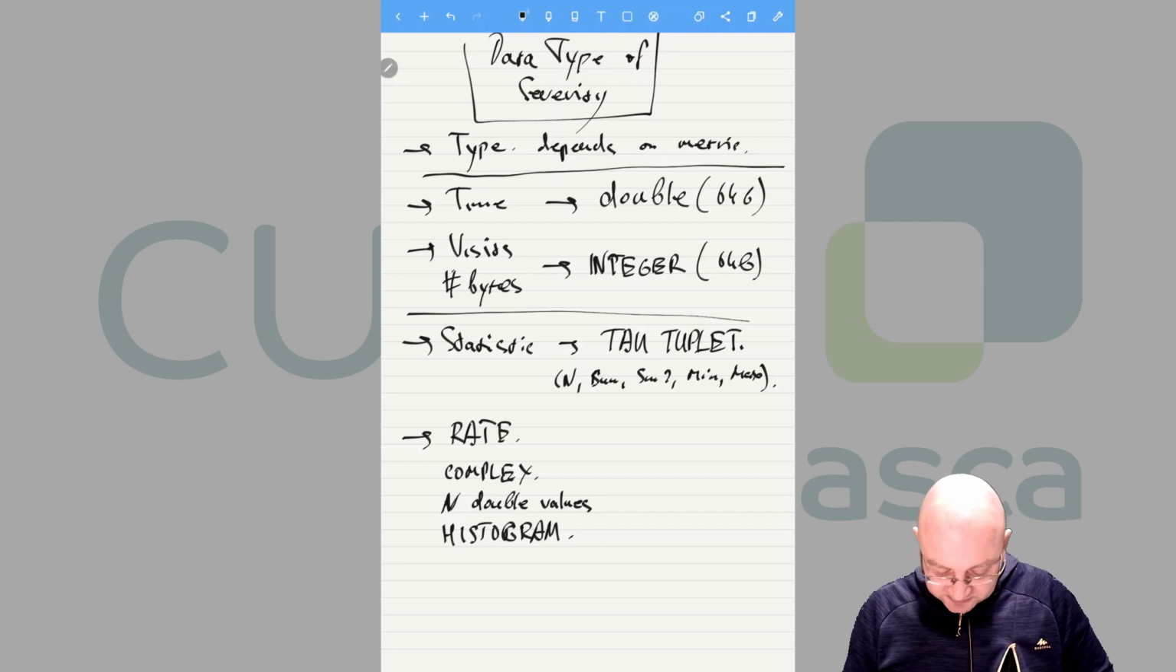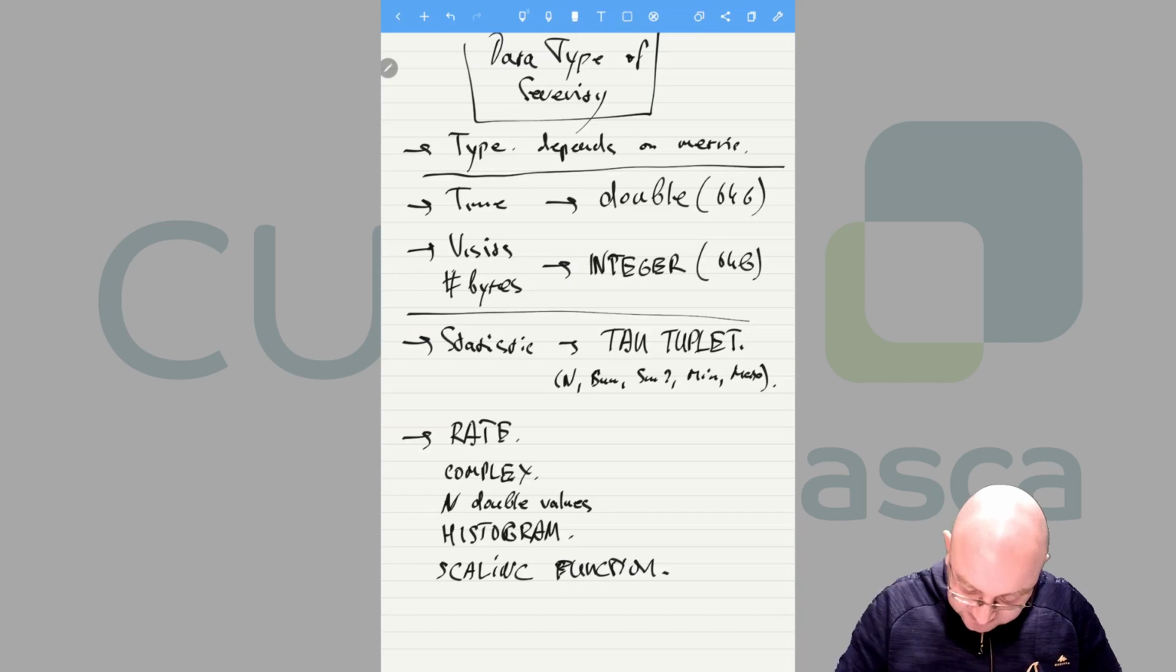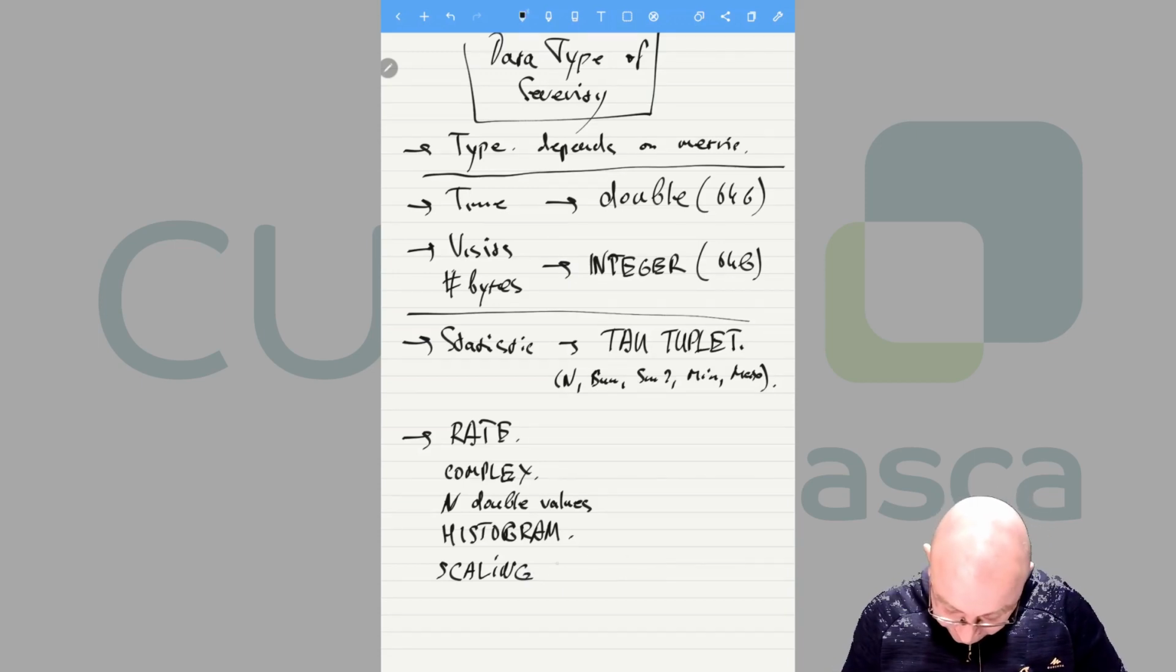We also support so-called scaling function. Oh my god, my writing is... scaling function. Yeah, so